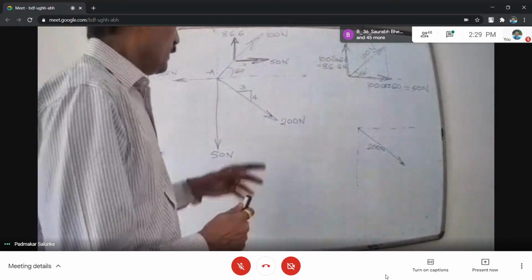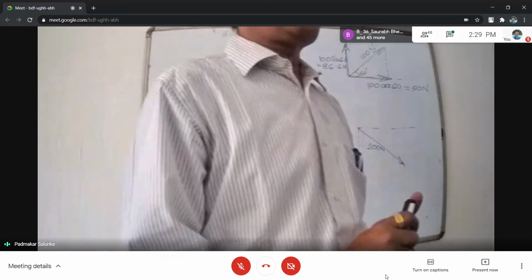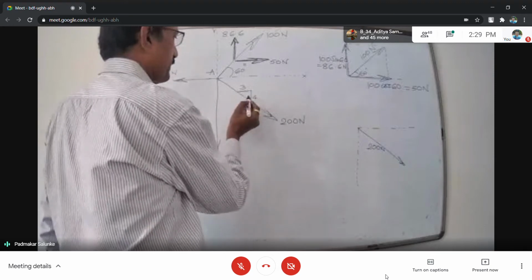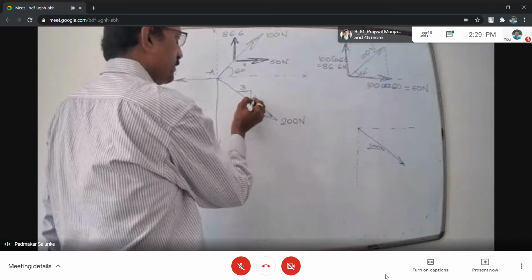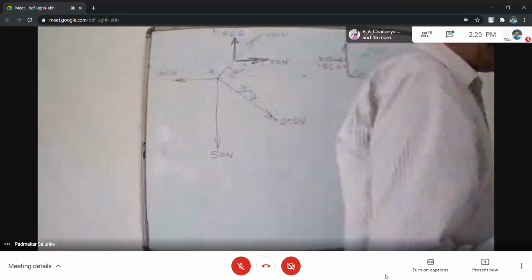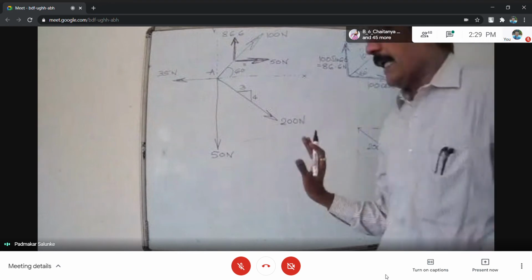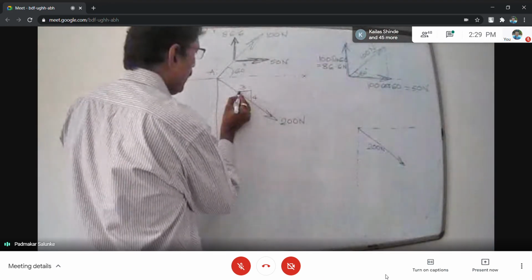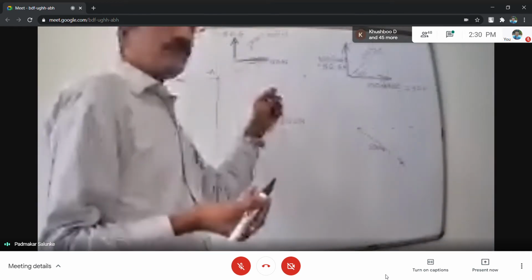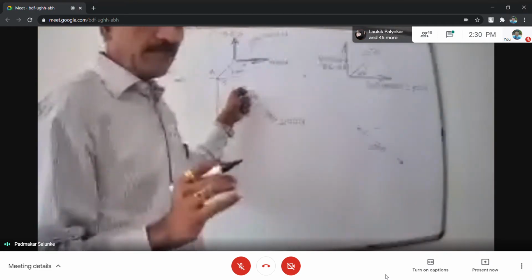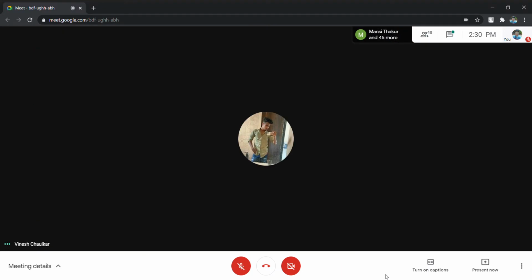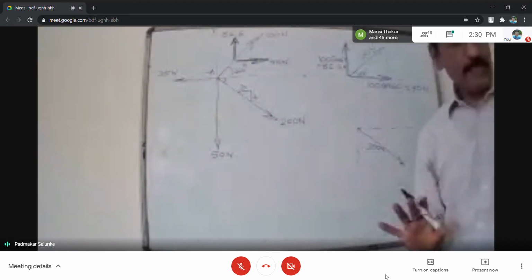Next. This is another style of giving an angle, which is called a slope. This is a very famous triangle in trigonometry or geometry, 3, 4, 5. If this is 4 and this is 3, the hypotenuse must be equal to 5. So this is a right angle triangle. Then either this angle I am finding or this angle I am finding is one and the same. So 4 by 3 tan inverse. In this angle theta I am considering, tangent of theta equals 4 divided by 3. So theta equals tan inverse 4 by 3. What answer comes?